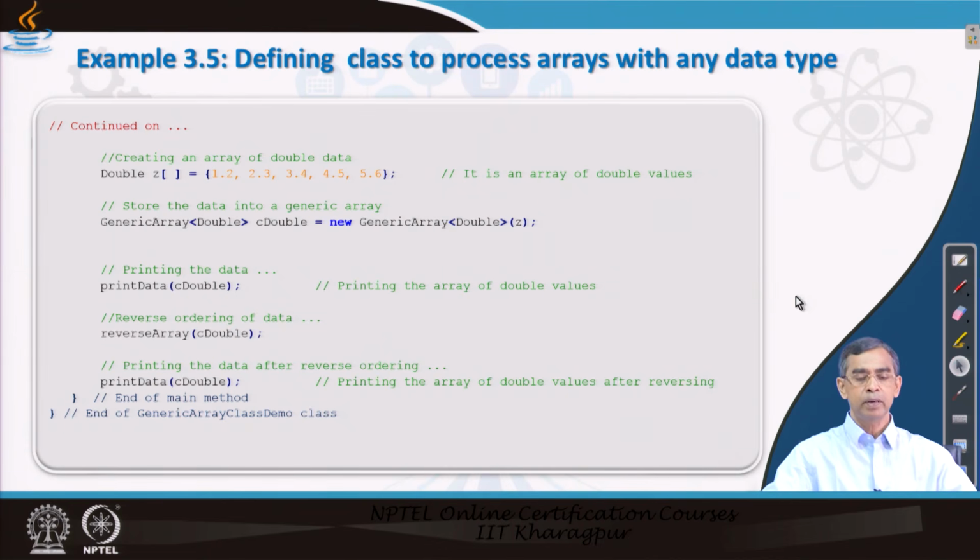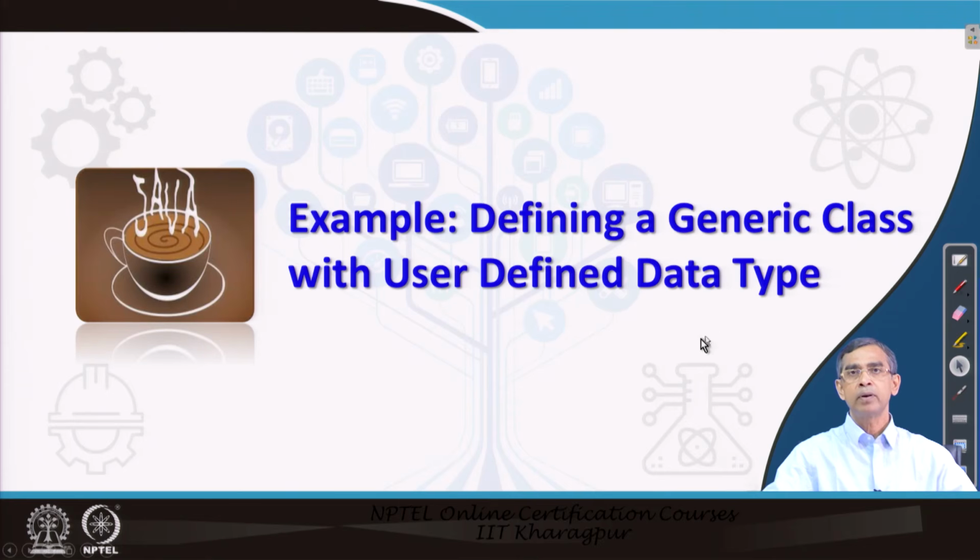Okay, fine. So, we have learned about how the generic class can be declared. We have also learned about how the generic class with an array of any type also can be controlled. Now, the next example that we should learn about is whether the same declaration is valid for any other data type other than conventional number data types or string data types.